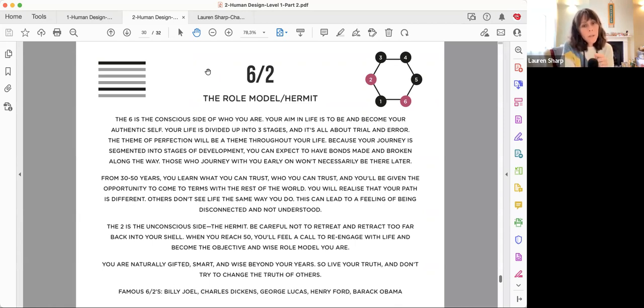For the 6-2, you build a role model in terms of thinking ahead of what that ultimate role model would have been. So when you were a kid, what would that person who was 15 when you were 9 have been? And what would that person who was 15 have told you when you were 9? And then when you were 15 or 20, what would that 35-year-old have looked like and guided you? And for the other numbers, it doesn't resonate as deeply as it does for the 6-2.